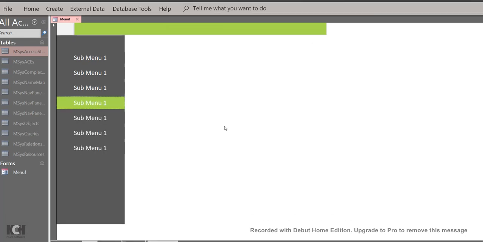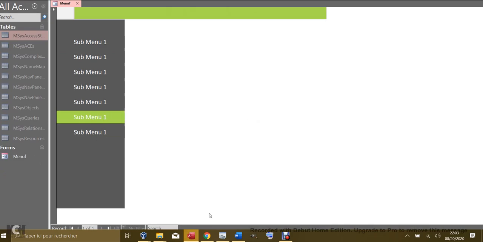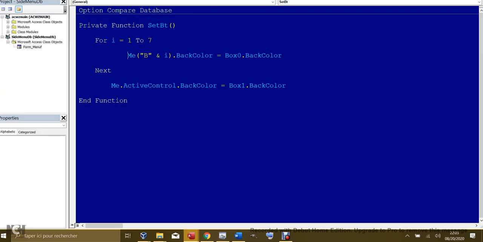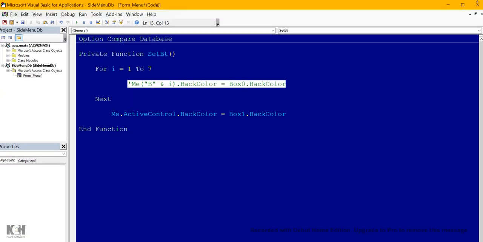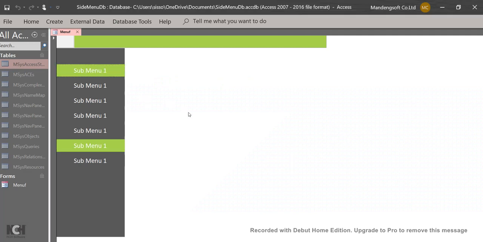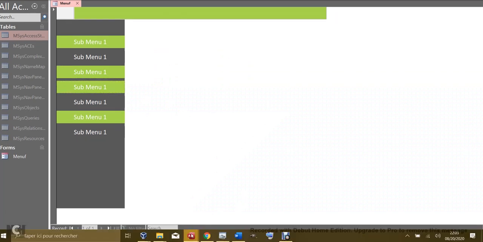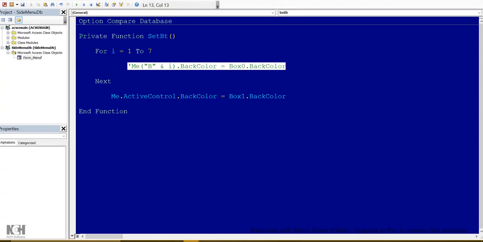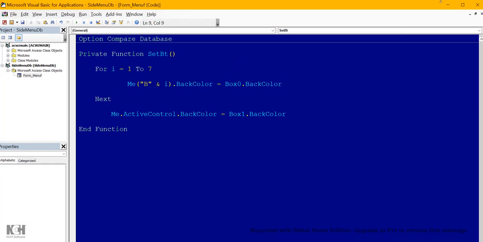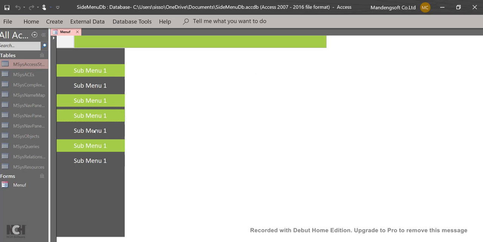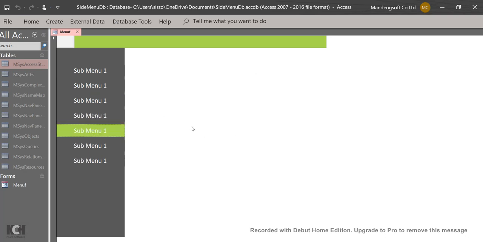Okay. See, it takes the color, and then if we move this here, we see what happened. Okay, I click here, it will remain green also. I click, it remains green. That's the problem. That's why we put first this loop here to clean up everybody, to get back to normal. Only the one selected, the active control item, to be